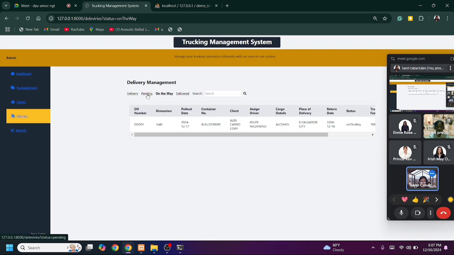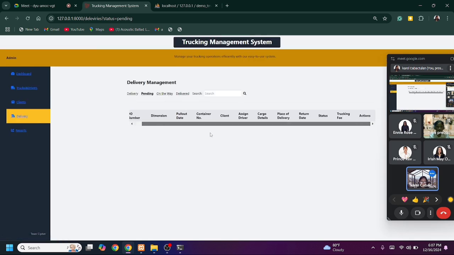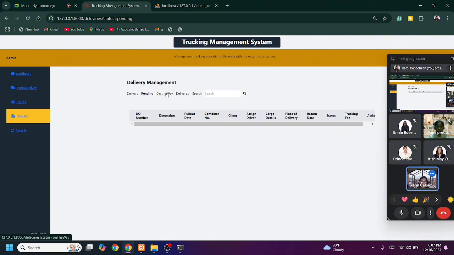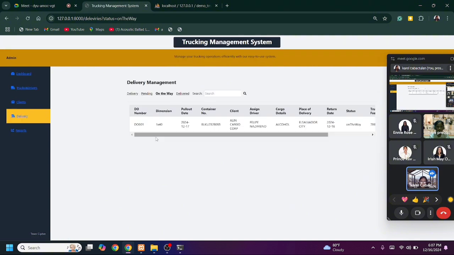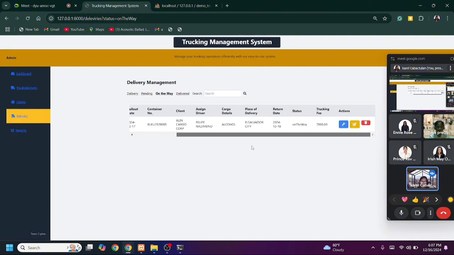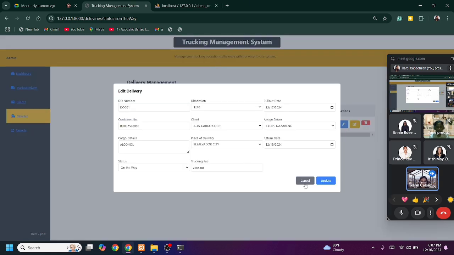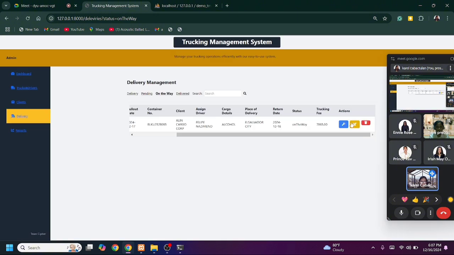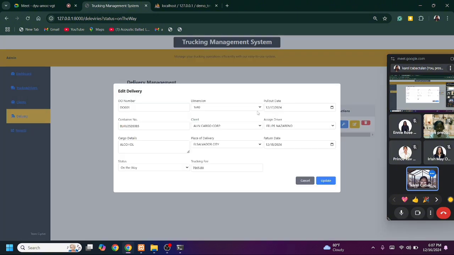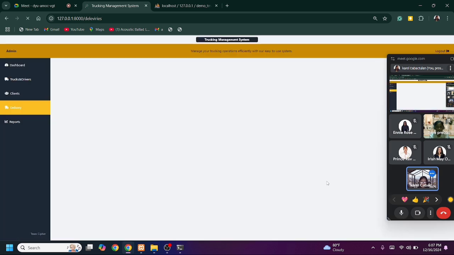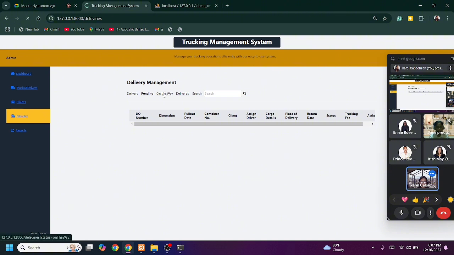If you look at the pending tab, there is no data saved because we already transferred the status into on the way. Now same process with the pending tab. We also have the edit. If ever we have the following information misspelled or incorrect, it will be automatically updated.